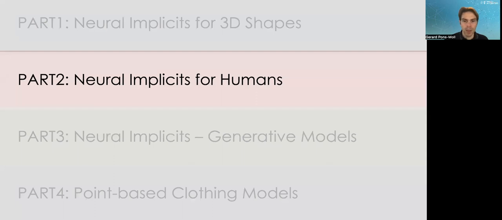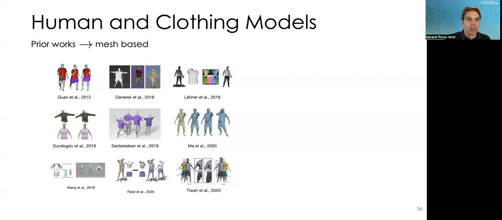So in part 1, we've seen how to use neural implicit models for general objects, and now we're going to see how to make these models work specifically well for humans. So PART works in modeling people, in particular modeling people in clothing. As we've seen,